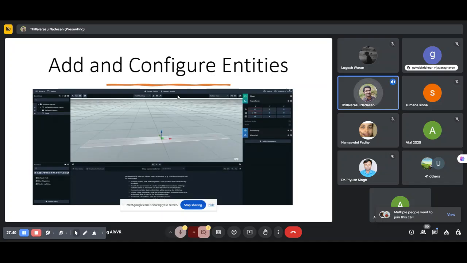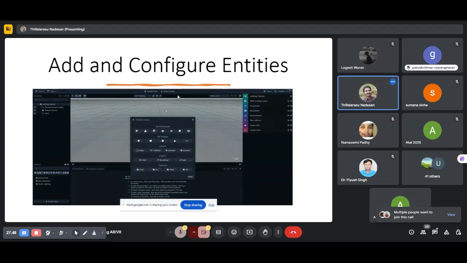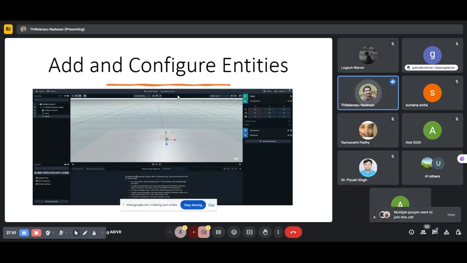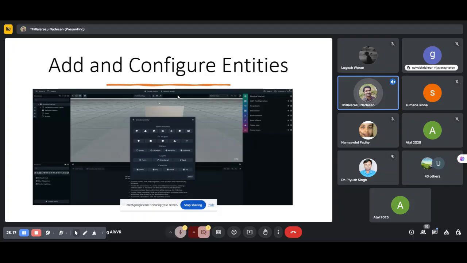While the quad is selected in the panel, the quad component appears in the Inspector panel on the right side of the canvas. You can expand the tabs to add or change the details of everything. You can expand the Transform section and enter the float values, whatever you want, 0, 1 or -2, and change it accordingly. So this is how you can create and configure the entities.